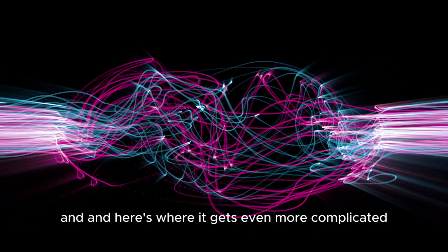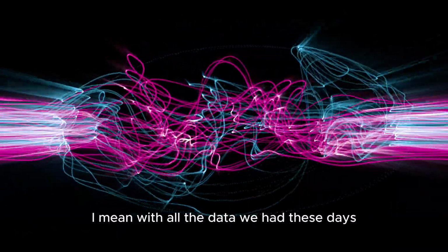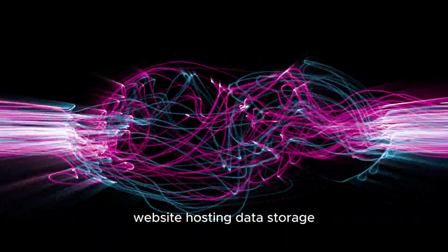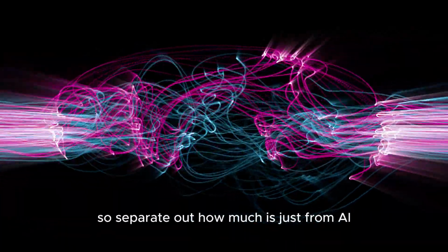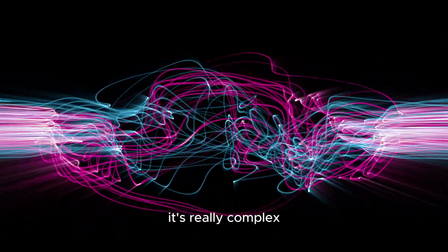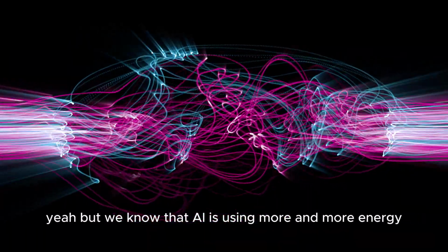And here's where it gets even more complicated: figuring out how much energy is used just by AI. That's a real challenge. Why is that? With all the data we have these days, you'd think we'd have precise measurements. You would think so, right? The truth is, data centers handle a lot of different tasks: website hosting, data storage, running all sorts of applications. So it's hard to separate out how much is just from AI. It's like trying to figure out how much electricity your refrigerator uses compared to everything else in your kitchen. It's really complex. There's still a lot of uncertainty around the exact numbers. But we know that AI is using more and more energy,